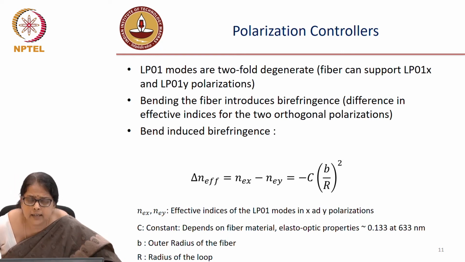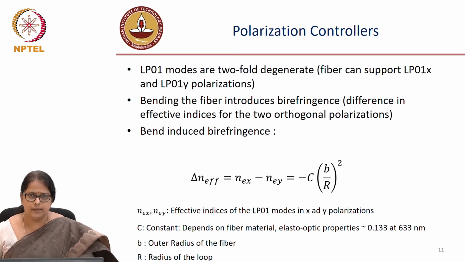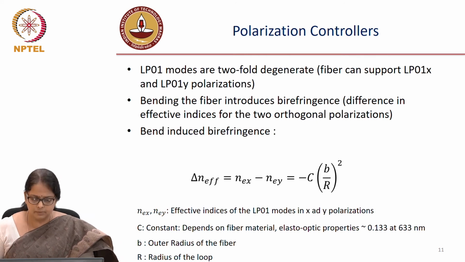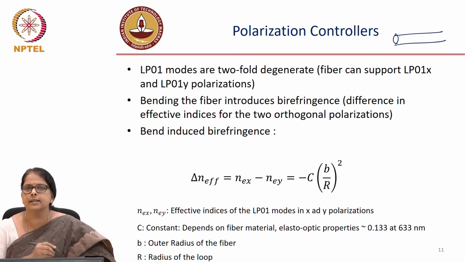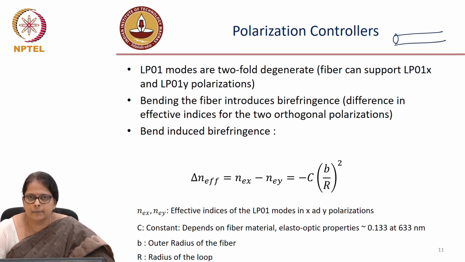So we have seen how to polarize light. Now can we control the polarization? So in a fiber which has a circular cylindrical symmetry, the cross section is circular. So there is no specific polarization. When we did the scalar wave approximation, we said that the LP01 mode can be supported in LP01X and LP01Y